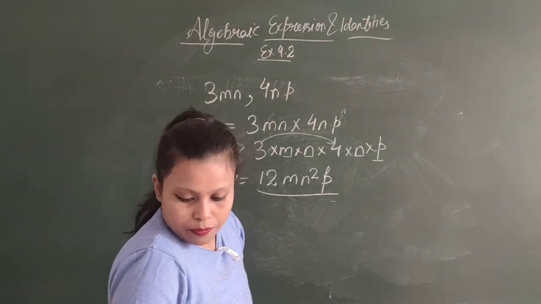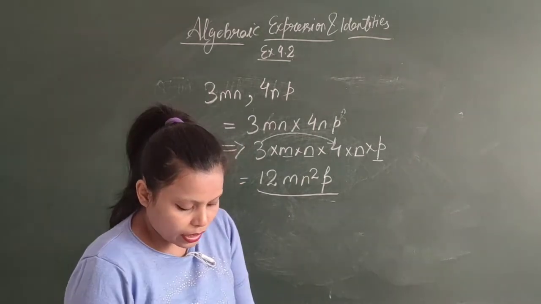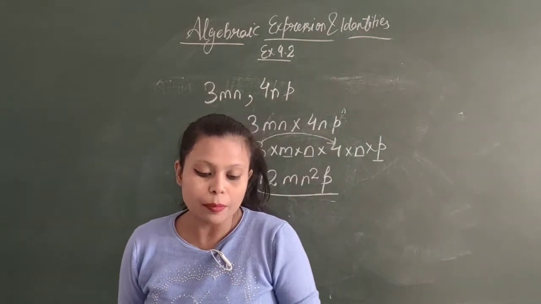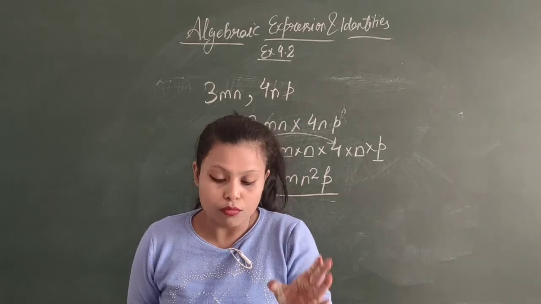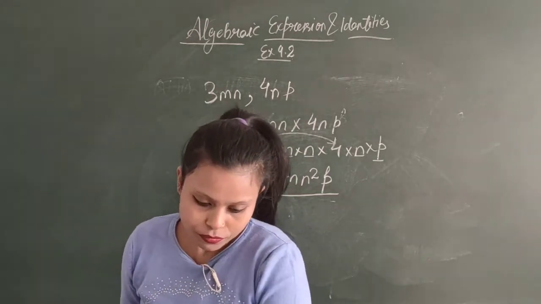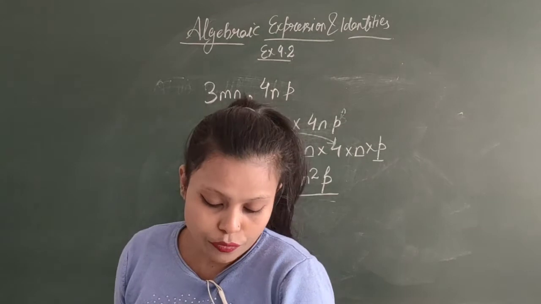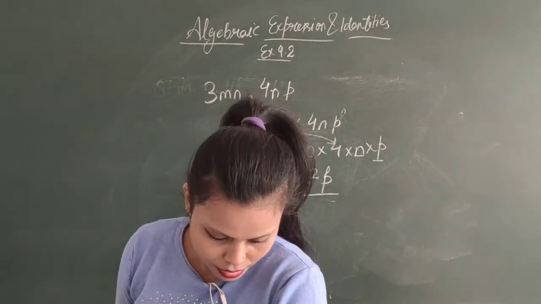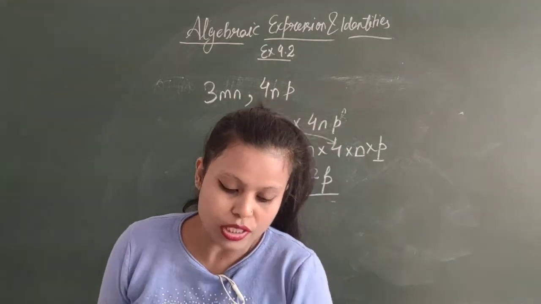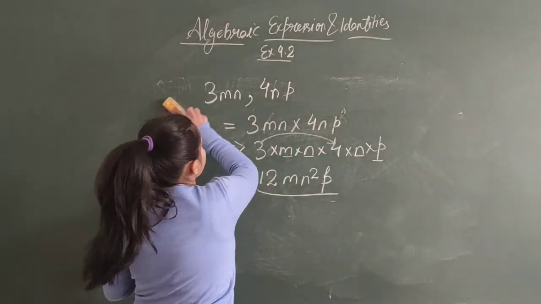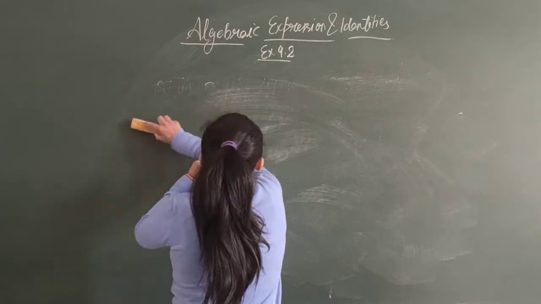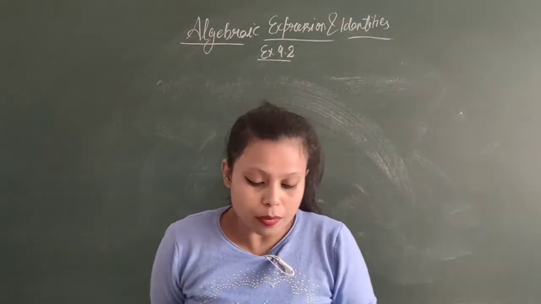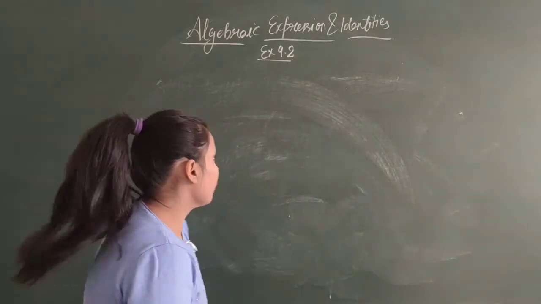Question number 3. A table is given and we need to multiply the vertical column to the horizontal. You just need to fill the table with the answers of multiplication. Alright, let's do question number 4. So in question number 4, there are 3 terms given and we need to multiply all the 3 terms. So what we will do?